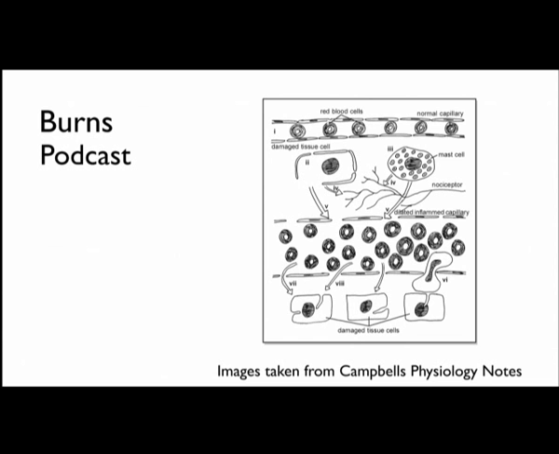Now, as long as these burns are well managed, they should heal very effectively within a couple of weeks, and they should heal with very good cosmetic results. So first of all, the fibroblasts and other cellular components of the dermis will undergo mitosis and secrete their structural products like their collagen and their elastic fibres and the